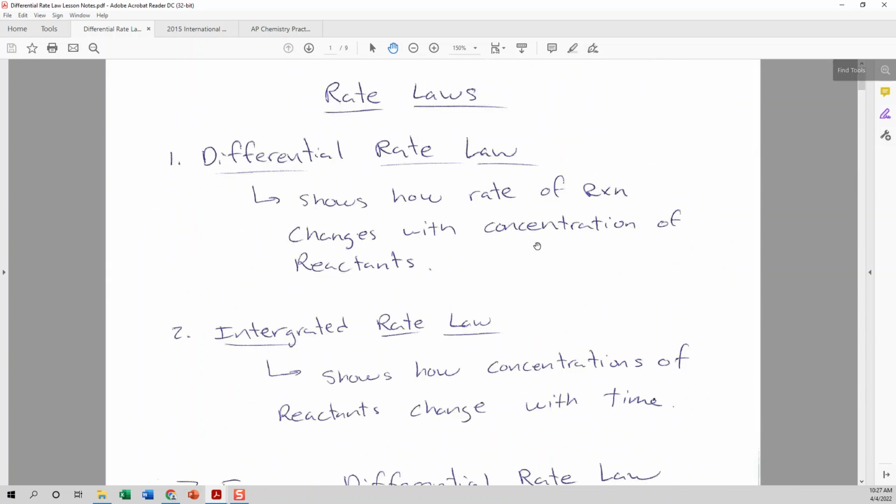We'll talk about how to determine the differential rate law given a reaction mechanism next time, and talk about what mechanisms are. But right now, that's really all I wanted to